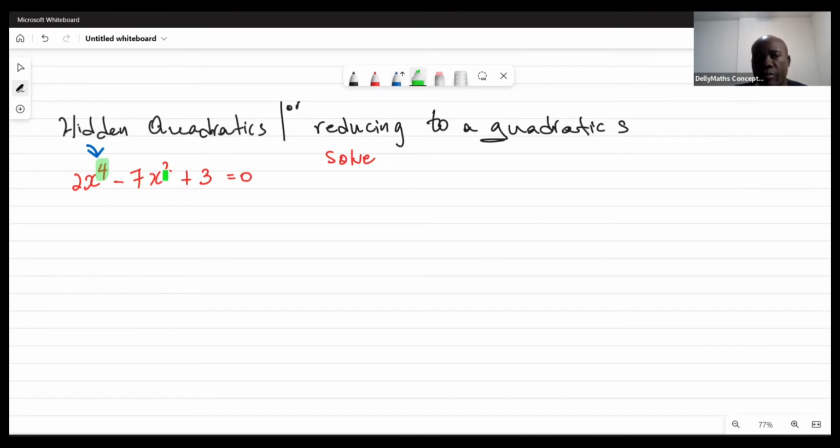So if you observe this, we are able to say, let x squared equal to something. So let us say we say let x squared equal to k. We can let it be anything. All right, so we're going to let x squared equal to k such that